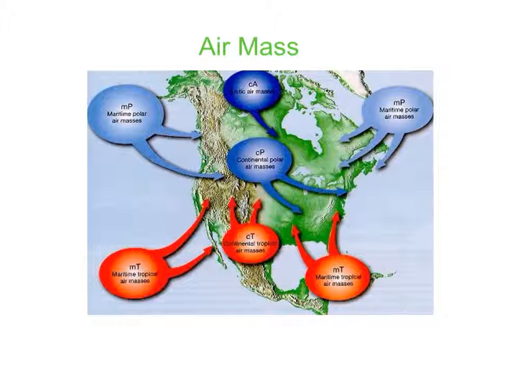There are maritimes present on the map. Notice the blue ones in the north are polar because they contain cold air. The red ones in the south are tropical because they hold warm air from the equator. These maritimes bring wet weather. A continental is an air mass that